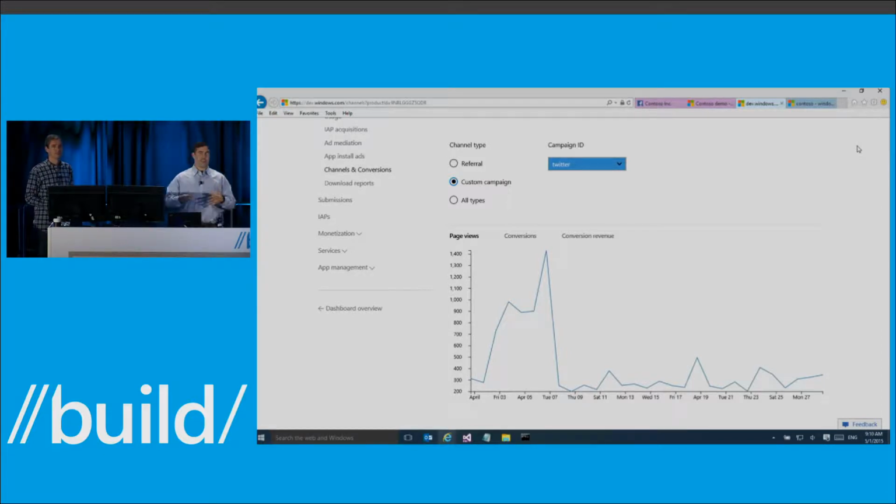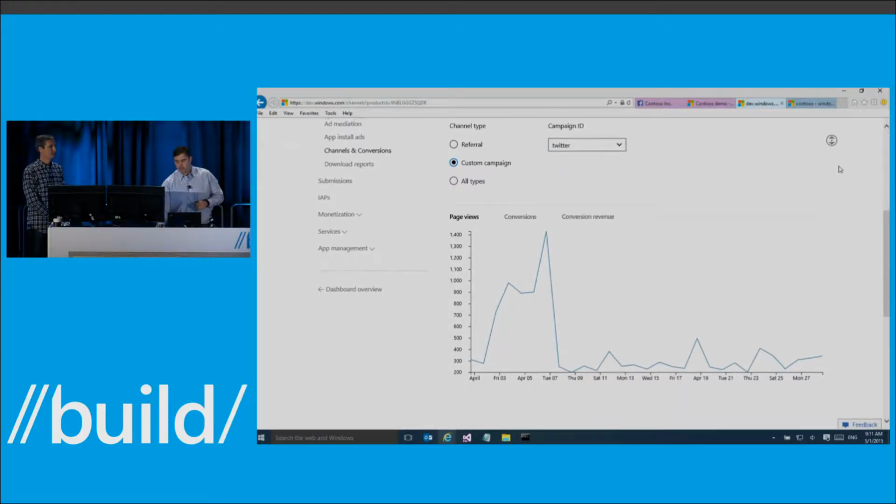And we were lucky enough to have some of our executives in this demo actually retweet this out. And you can see that specifically, the Twitter traffic drove a lot of those new page views that occurred in the beginning of April. And now, as you've seen here, we're utilizing Twitter and Facebook and many different strategies to acquire new users. And we need the ability to measure the effectiveness of those campaigns against each other to understand where do we spend our money, where do we spend our time.